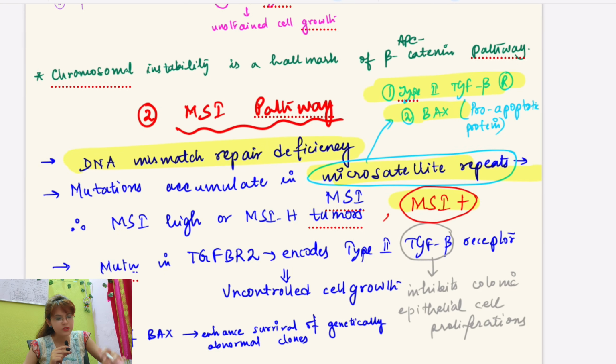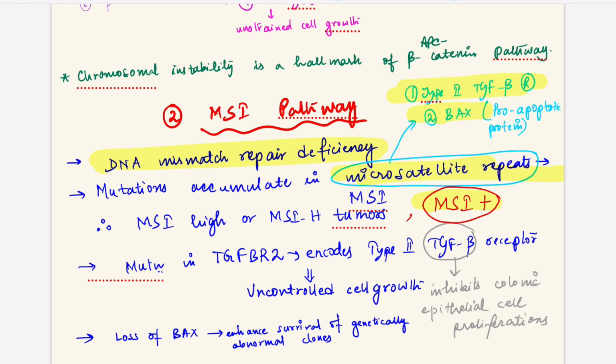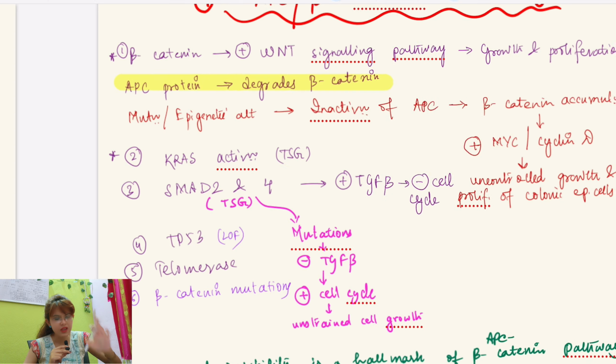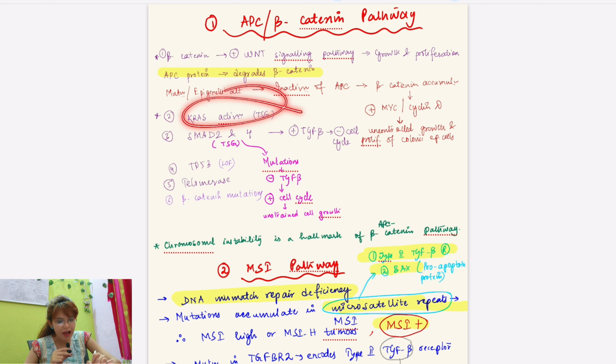Okay, what was happening in this pathway is that there is number one, DNA mismatch repair deficiency, which means there's a defect in the mismatch repair process. So this was happening in the MSI pathway. Number two is that there are mutations in the microsatellite repeats. There is microsatellite instability present in this pathway. This pathway, the MSI pathway, means microsatellite instability is happening here. Another important thing is that in this particular pathway, you have KRAS and TP53 mutations. So you have mutations in these genes here as well.